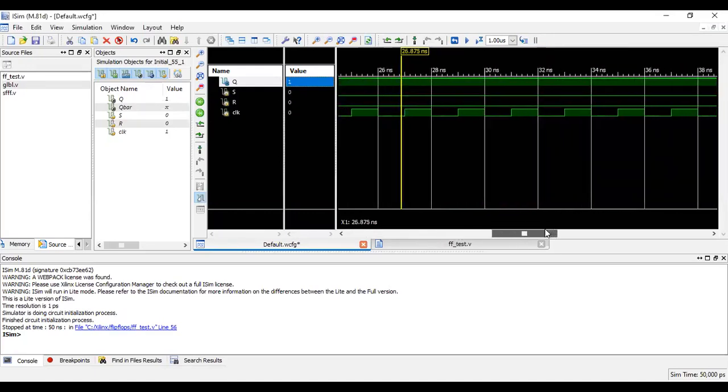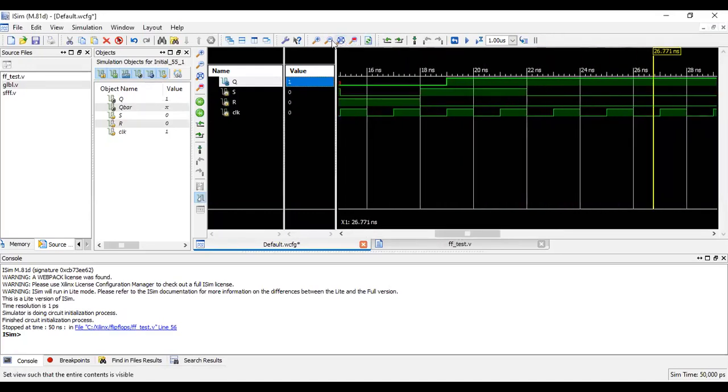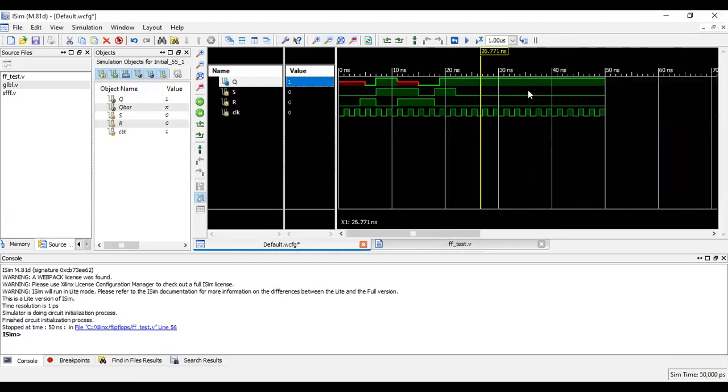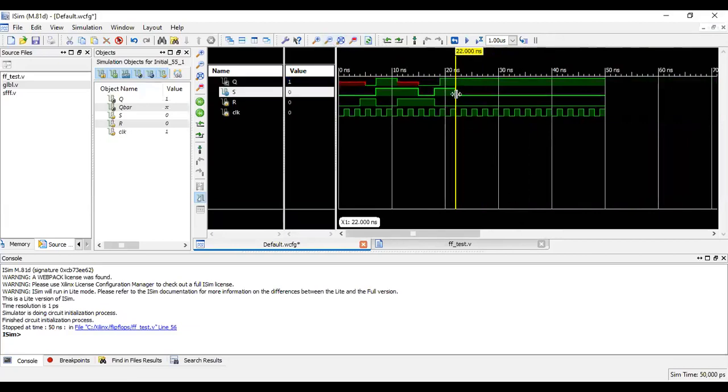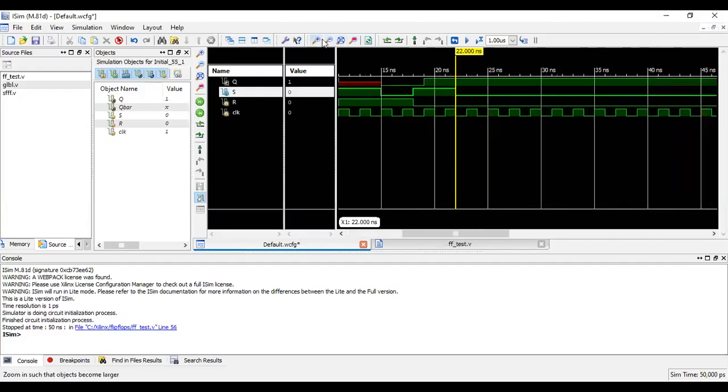So this goes on, and you can analyze this waveform completely. It goes on for as many cases as you have written. Now let me take the last case here. This is the negative edge. If you can see, at this negative edge, what is my value? S is 0, R is 0. So the output will be the previous state.